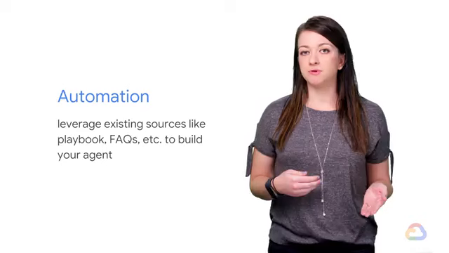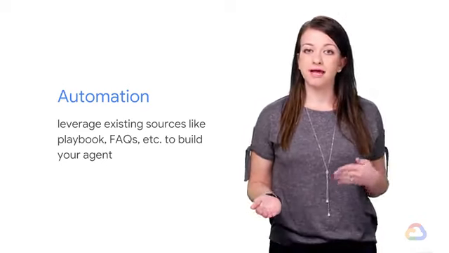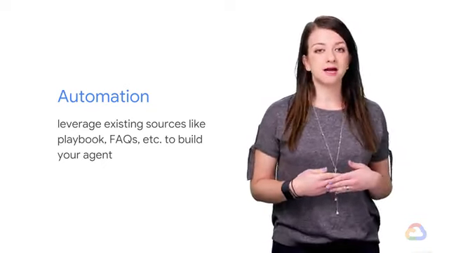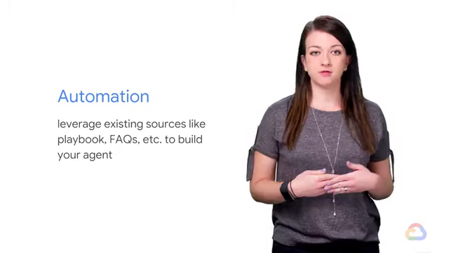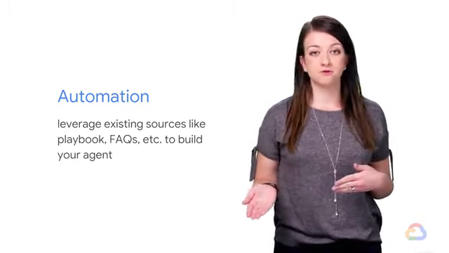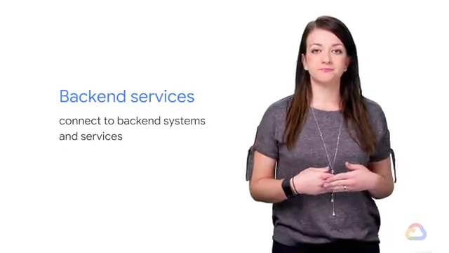For the pizza example, we built our agent step by step, starting with creating intents, followed by entities, and then contexts, all done within the Dialogflow UI. Sometimes you may already have existing sources that you can extract entities from, for instance, a call center playbook or a FAQ document. So we'll look at ways to leverage this data when building our agent.